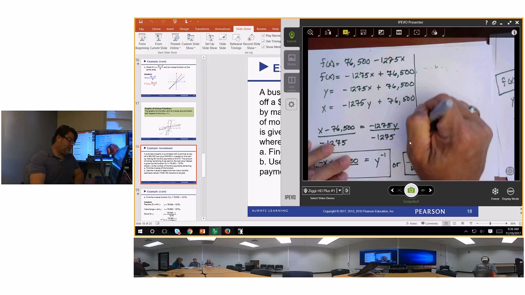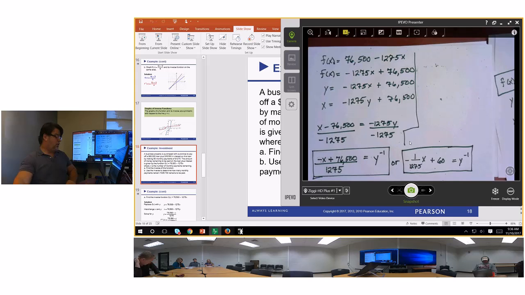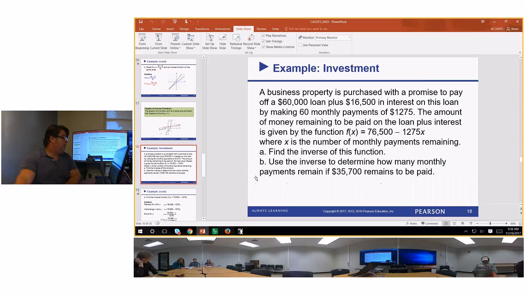All they want you to find is what something is equal to when it's equal to something. What does it say? Use the inverse to determine how many monthly payments remain if the total were 35,700. What is payments? X is the payments. So if X is the payments, what is Y? 35,700. So 35,700 is equal to,